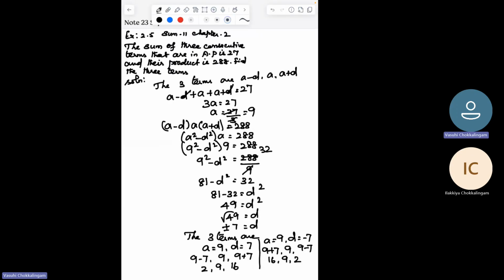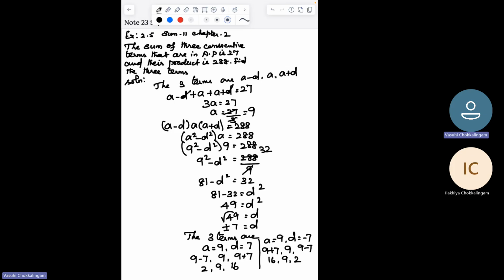அப்ப 9 squared minus D squared into 9 is equal to 288. 9 squared minus D squared equal to 288 by 9. So cancel பண்ணோம்னா the answer is 32. 81 minus D squared equal to 32. D squared அந்த சைட் கொண்டு போயிட்டு 32 வந்து லெஃப்ட் சைட் கொண்டு வரோம். அதனால வந்து சைன் வந்து மாறும். 81 minus 32 is equal to D squared. So subtract பண்ணோம்னா the answer is 49 is equal to D squared.